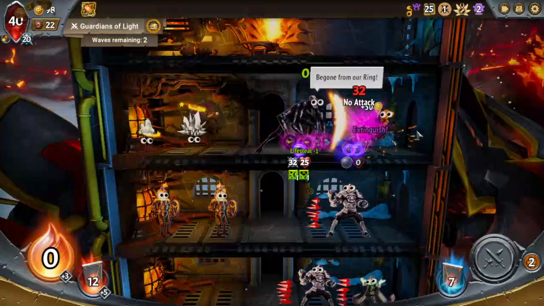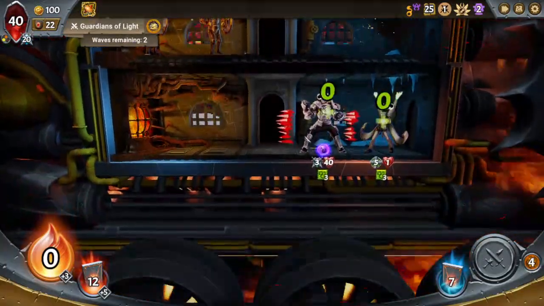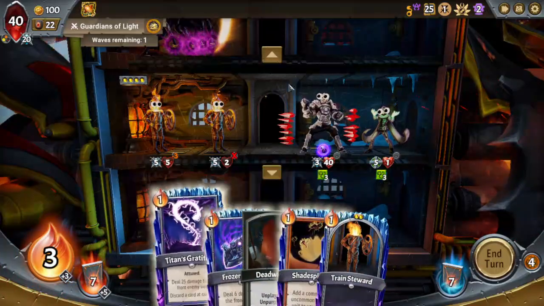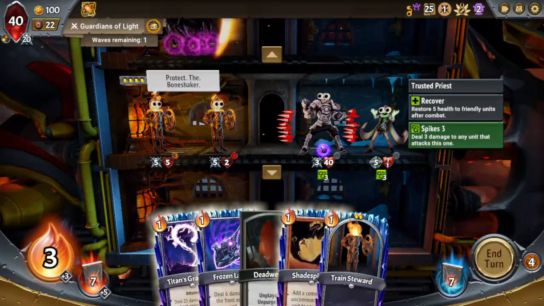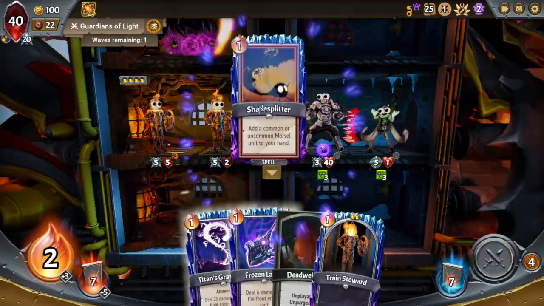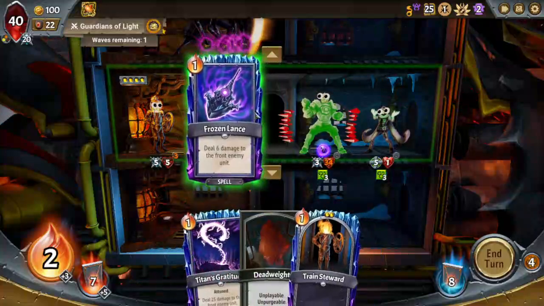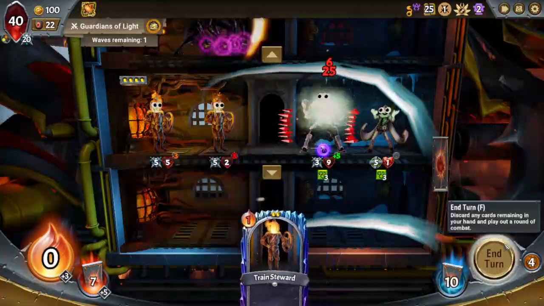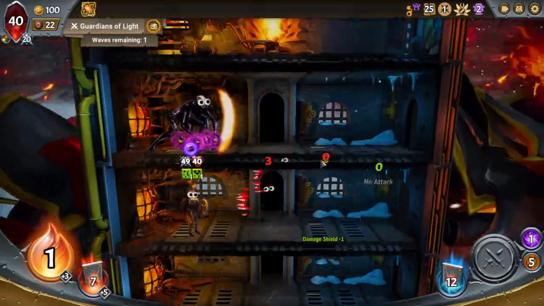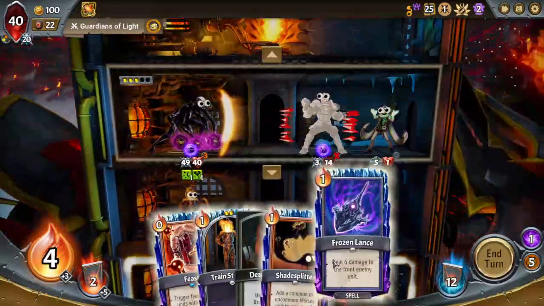That's more damage! Look at that, 45 attack. Enough to kill him in one hit. But we're not free from taking damage from the Trusted Priest. We're gonna play a Shade Splitter. Of course. Get as much damage here as we can, because Penumbra will kill the boss, and I want to try to kill everything that...